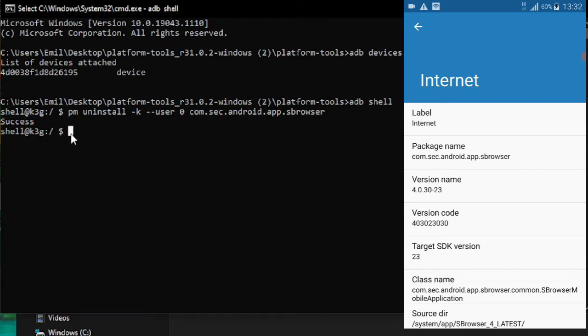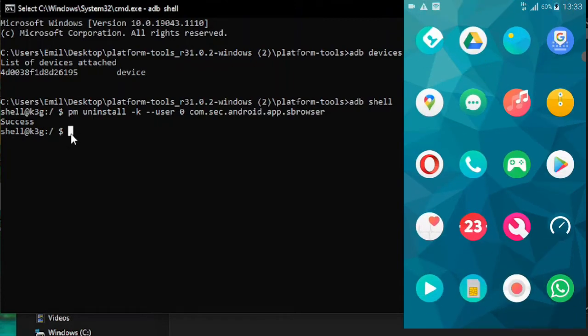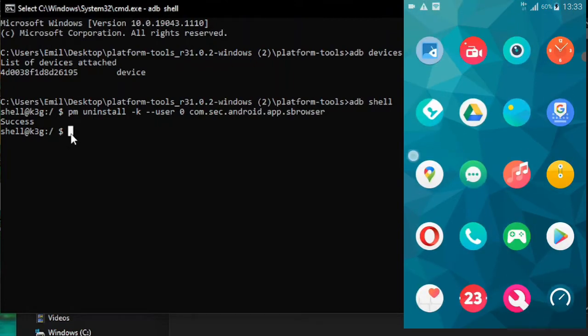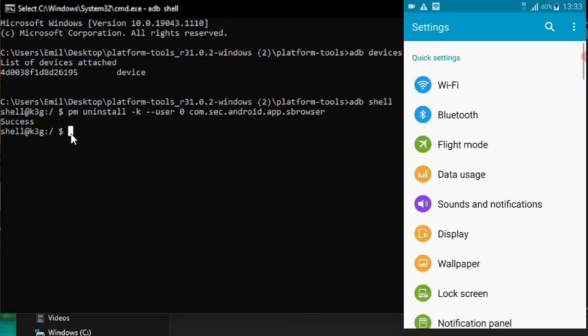Now you can see in your Android device whether it's appearing or not. So I am going back to my app drawer. You can see this internet browser has disappeared. So I will check it in application manager. Just scroll down.